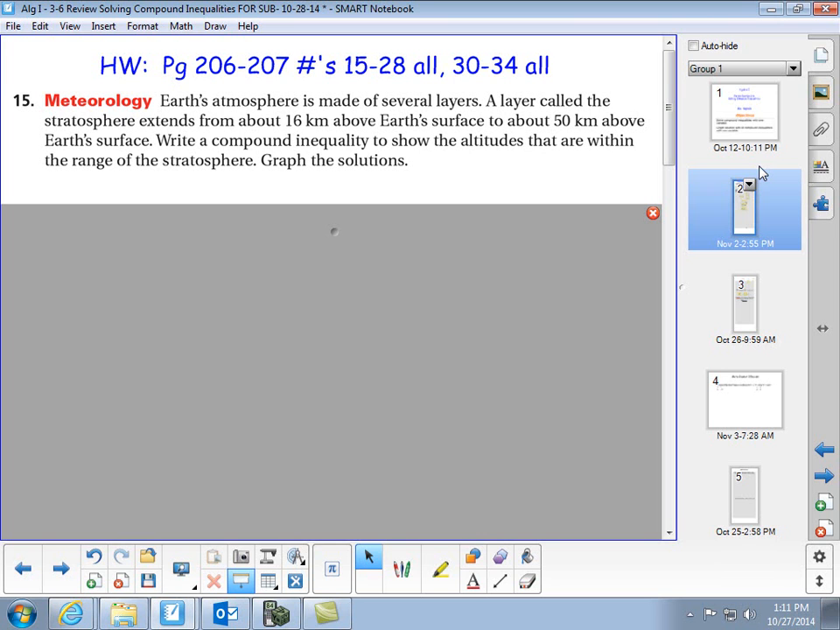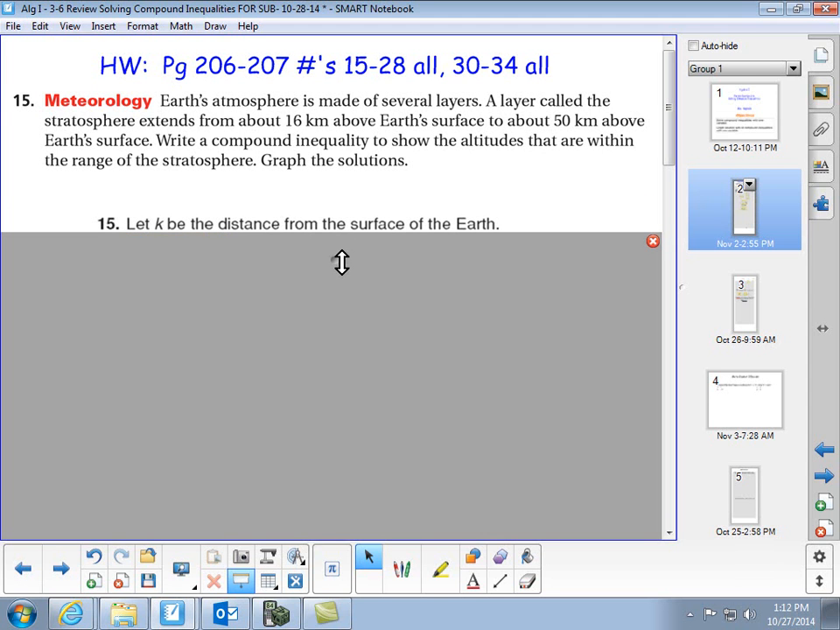So, problem number 15. On problem number 15, it said the Earth's atmosphere is made up of several layers. A layer called a stratosphere extends from about 16 meters above Earth's surface to 50 meters above the Earth's surface. So write a compound inequality to show the altitudes that are within the range. Graph the solutions. So if I let k, and you could let that be any letter, if I let k